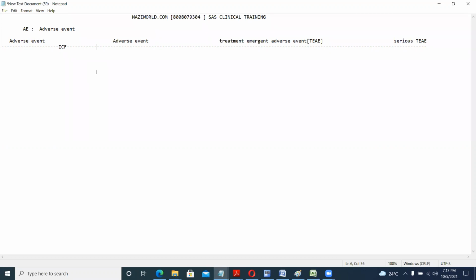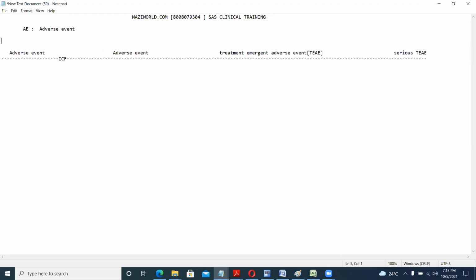If before the informed consent the subject is getting any adverse event, suppose 25 patients are having an adverse event before the informed consent,